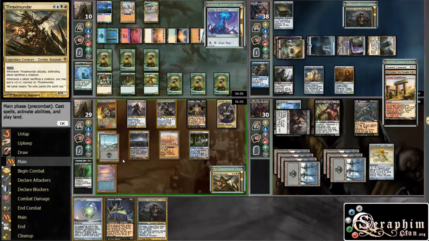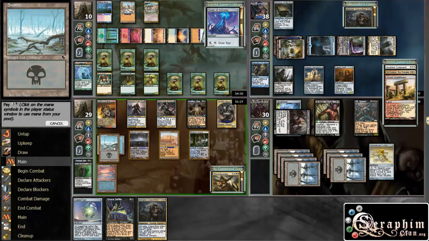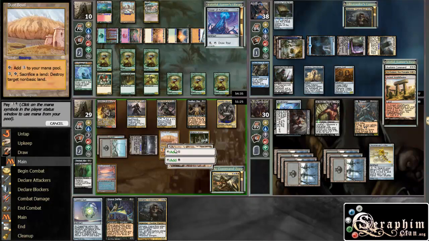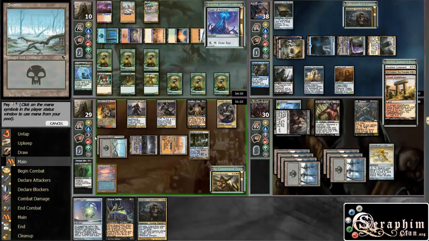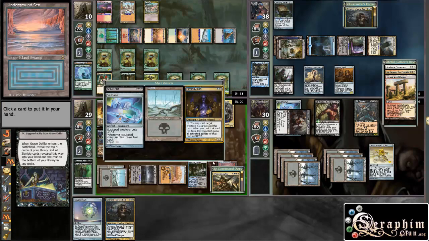So I can pump them all, but that's not great. I'll just cast this, I think, because this doesn't do anything at all. I'll just go get a bunch more zombies. And then I'll leave mana up for...